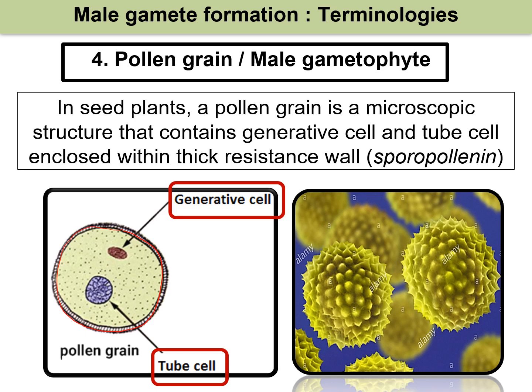Jadi nampak biasa bunga ni, kalau awak tengok kat bunga raya, ada parts yang ada warna kuning-kuning dan dia memang sangat halus. Dan kalau kita observe, kita buat pemerhatian di bawah mikroskop, kita akan nampak struktur yang begini lebih kurang. So this is the outer layer, which is the thick resistance wall. Dia mampu menahan